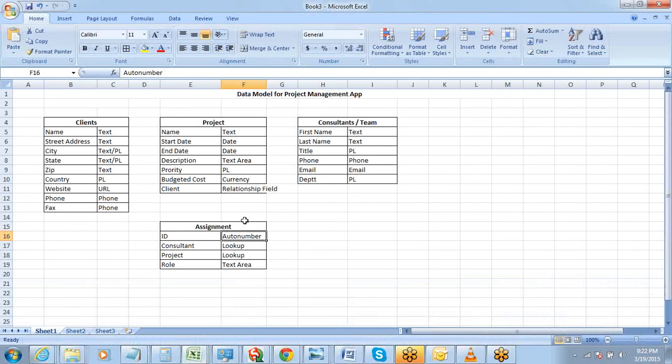Okay, so this is something that we did for project management, that you can do for anything. So think of the objects, fields, field types. This is something which is very important. Once you understand the concepts, once you start understanding the basic components which form an application, you will be able to work on any application, and you will be able to take care of any level of customization and stuff like that. It's about how well you understand the structure of your application, the base of your application.